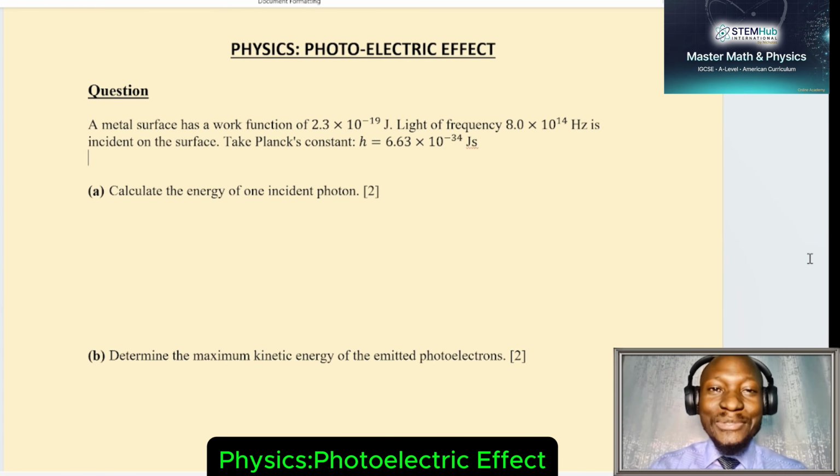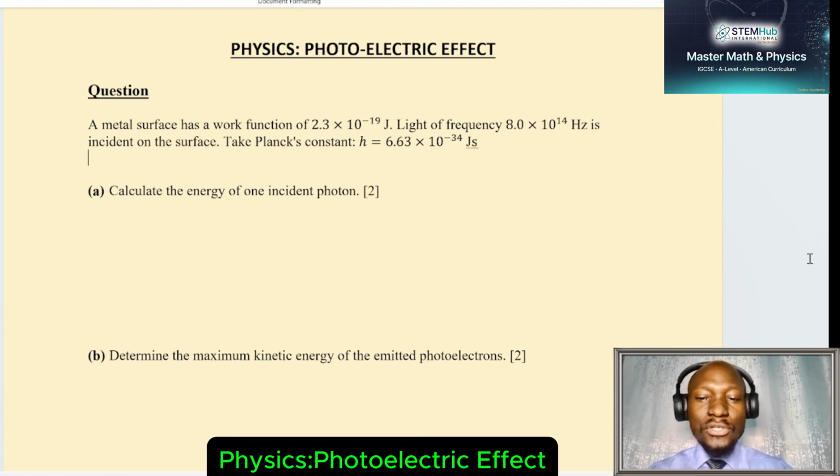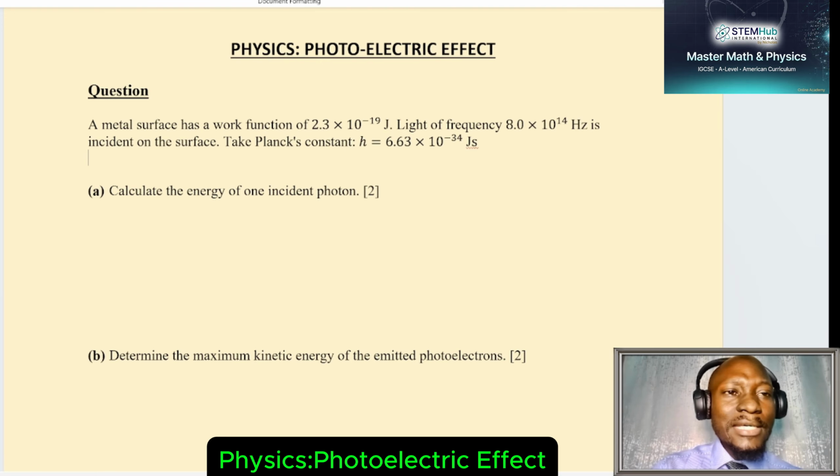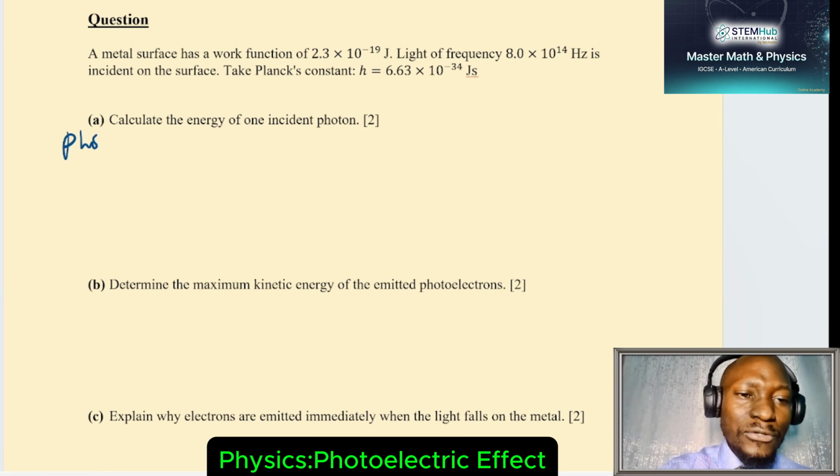Let us read the question. A metal surface has a work function of 2.3 times 10 power negative 19 joules. Light of frequency 8 times 10 power 14 hertz is incident on the surface. Take Planck's constant, h, equal to 6.63 times 10 power negative 34 joule seconds. From Einstein's equation, the photon energy